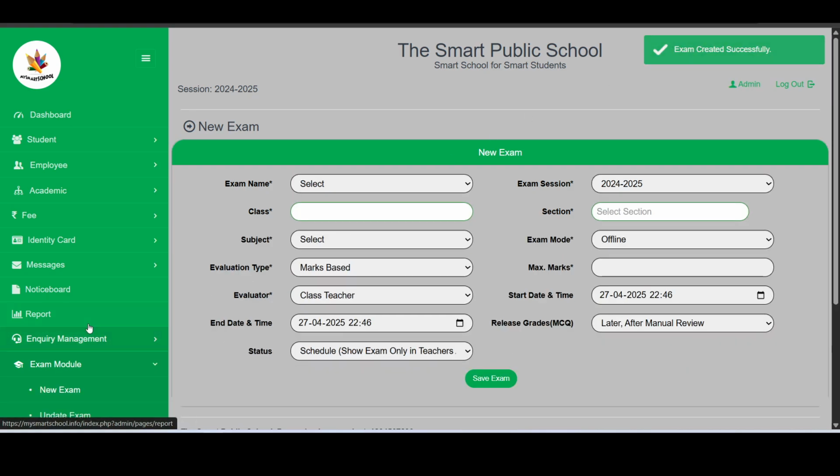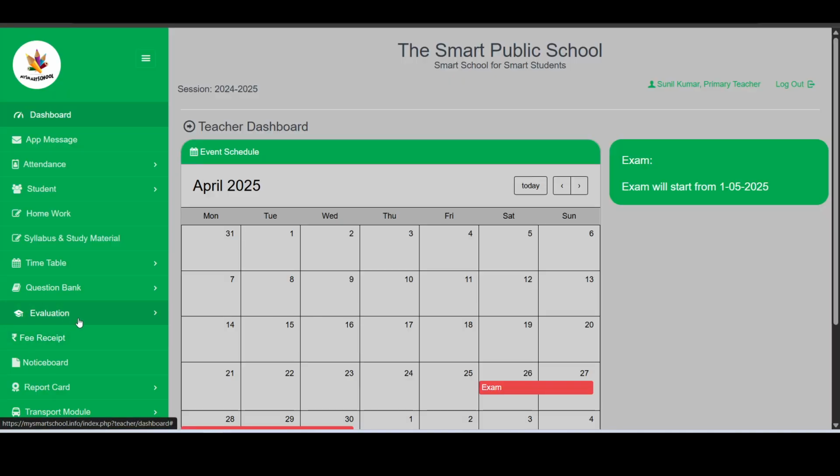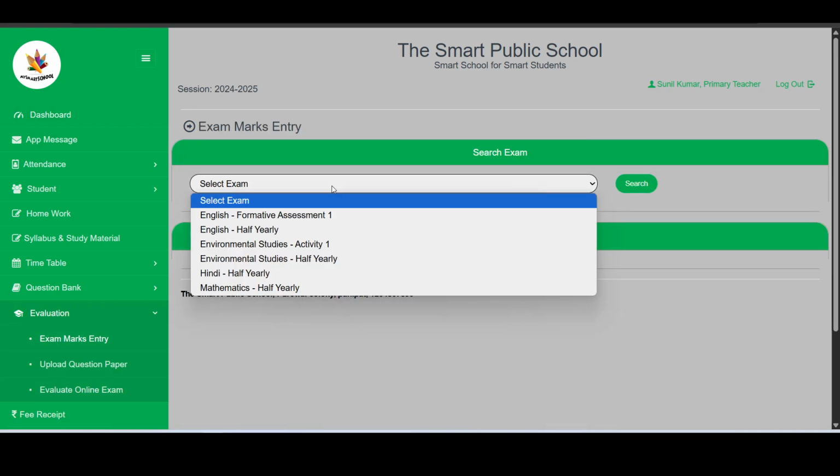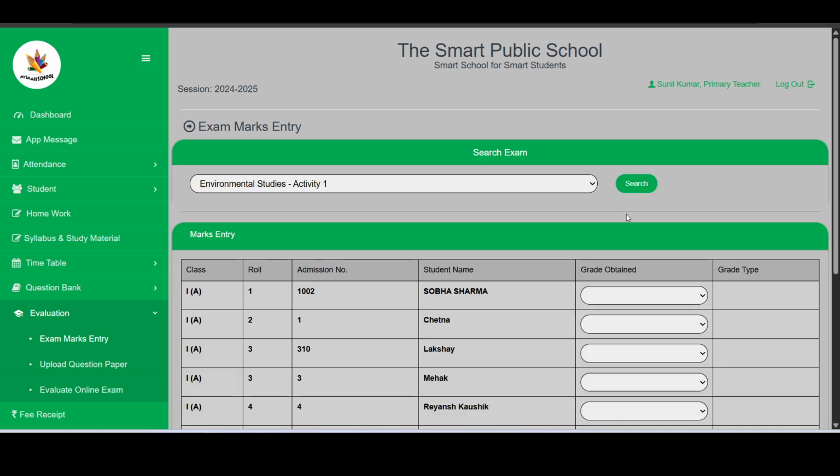The exam was saved successfully. Now let's check again how the marks or grades will be filled in for the student. I will go to the teacher account again, click on evaluation, then exam marks entry. Here you will find the exam we recently created, EVS activity 1, and search for it.